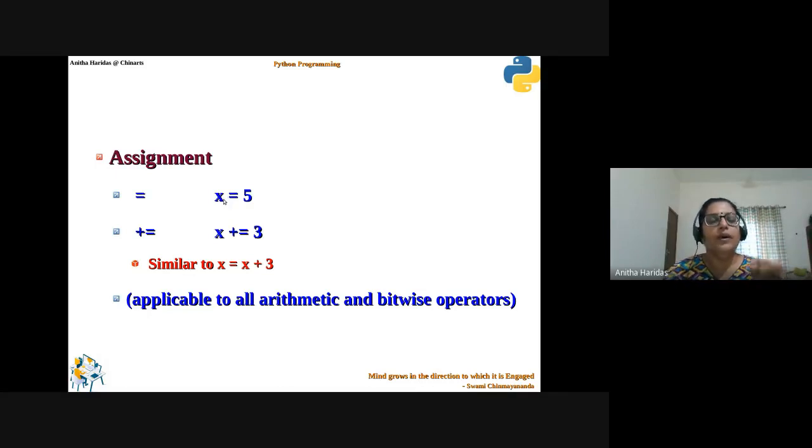Okay. Now you have shortcut assignment operators also. It can be combined with the arithmetic operators. It can be combined with operators. Let me put it this way. Because we can use all the arithmetic as well as bitwise operators. So you can have the operators combined with the assignment operator. This is how we will be using it. So it is somewhat similar to x is equal to x plus 3. So you call it a shortcut assignment, right? And this shortcut assignment is applicable to all the arithmetic as well as bitwise operators. So this is very, very familiar to you.